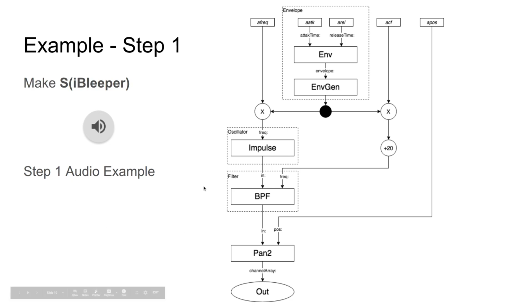So the first step is we're going to make an S object, a synthesizer object in SuperCollider language. It's SynthDef. So first we are going to make a SynthDef, and I can name it. I'm going to name it iBlipper, and it creates this kind of sound. Okay, so we make a little synthesizer,